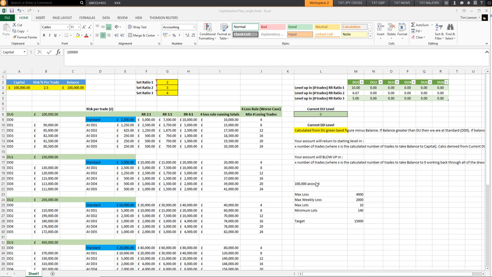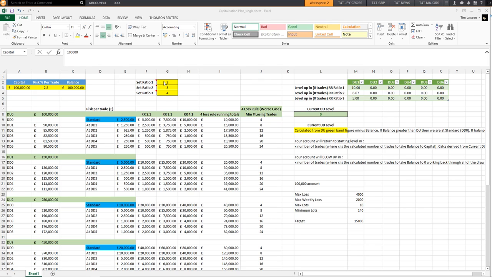What I'll do is run you through quickly the reasoning for doing it this way. You say maximum risk per trade is 2.5%, and I've given myself a starting capital of 100,000 with a balance of 100,000. These boxes in yellow are figures that I can change, that will change the totals in these other boxes. I can also set a risk reward ratio